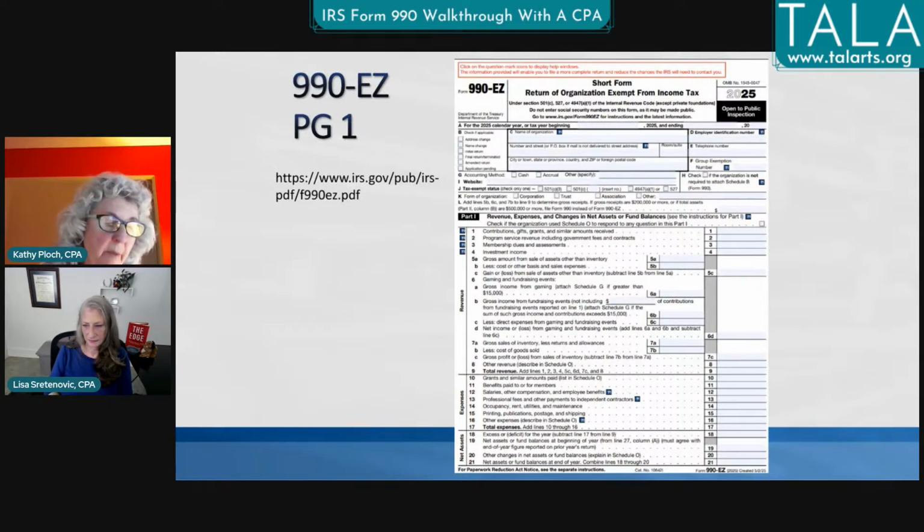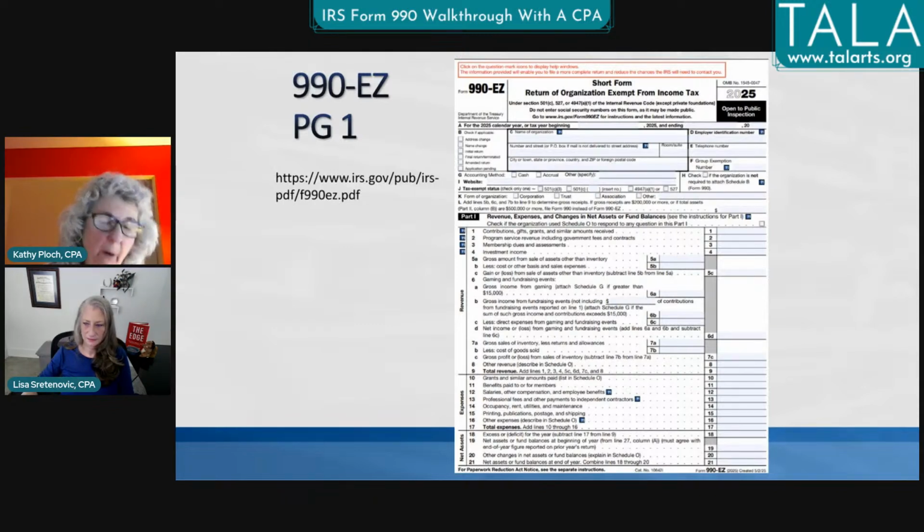The tax exempt status, of course, most of you are going to be the 501(c)(3), which is here. There could be, I don't know if we have anybody that might be a 501(c)(6), which is a membership organization, but then you would mark that box. Form of organization, just like Lisa said, I would imagine everybody's pretty much a Texas not-for-profit corporation, so you're going to mark that corporation box.